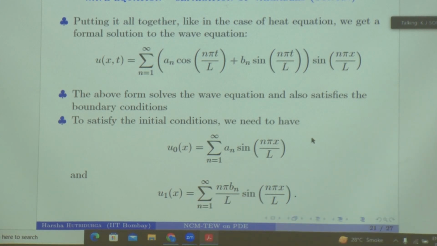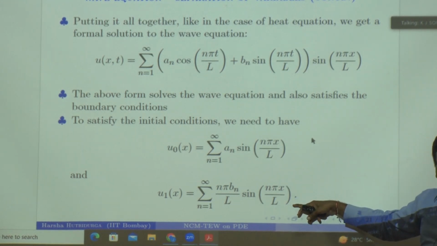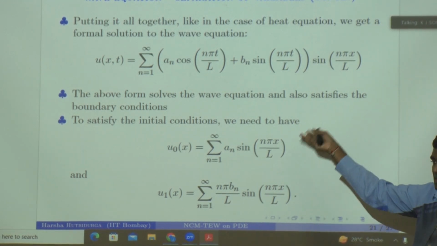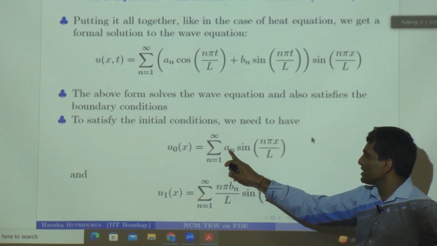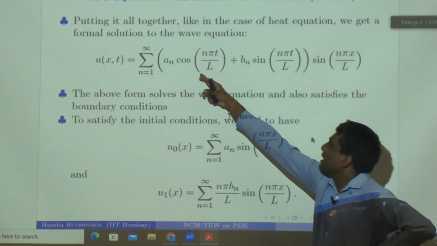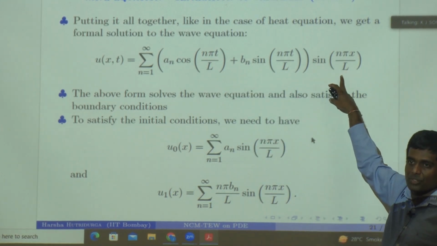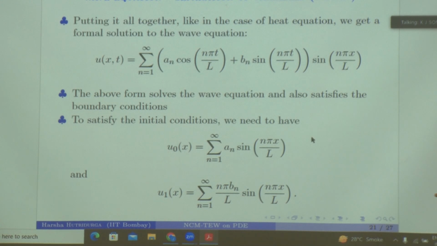The point that we are trying to make here is that as long as your initial data, u0 and u1, have a summable Fourier series, this method works. If you are told that these are the coefficients for u0 and these are the coefficients for u1, we can blindly build this function using a(n) and b(n), and that function will solve the wave equation with these things as the data.